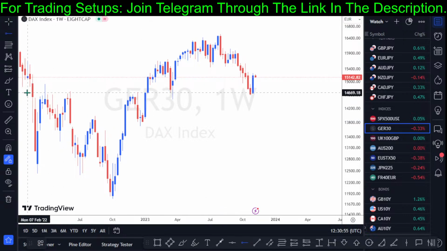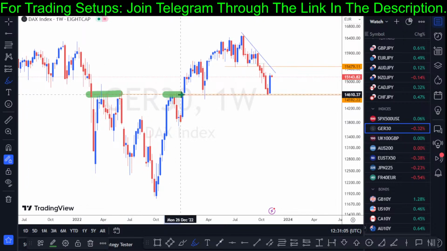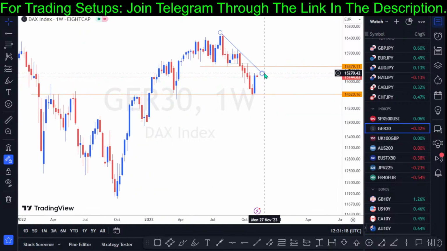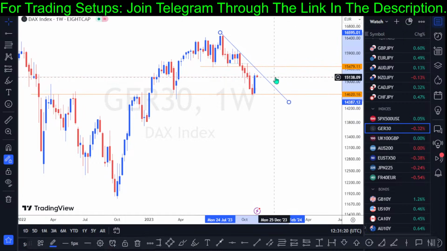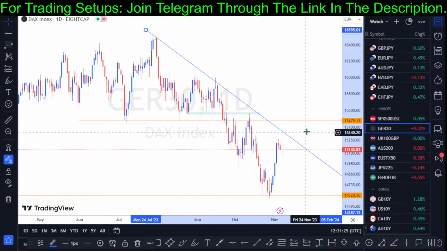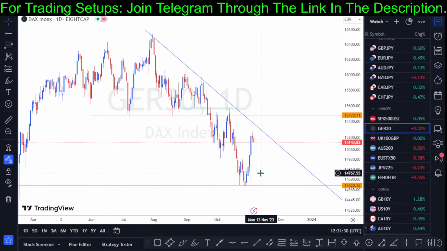You can see we had a support structure at the price of 14,620. Resistance, resistance, support, support. So this is what we have on the price of the German 30. Price is currently at a point of interest in the market. Take note, we have a downward sloping trend line on the day chart. You can see that. So let's hope this market will have a pullback and a potential